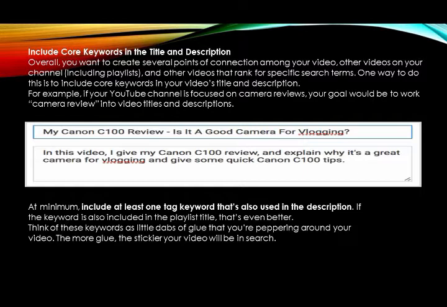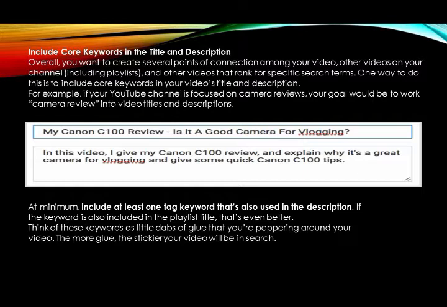One way to do this is to include core keywords in your video's title and description. For example, if your YouTube channel is focused on camera reviews, your goal would be to work camera review into video titles and descriptions. At minimum, include at least one tag keyword that's also used in the description.